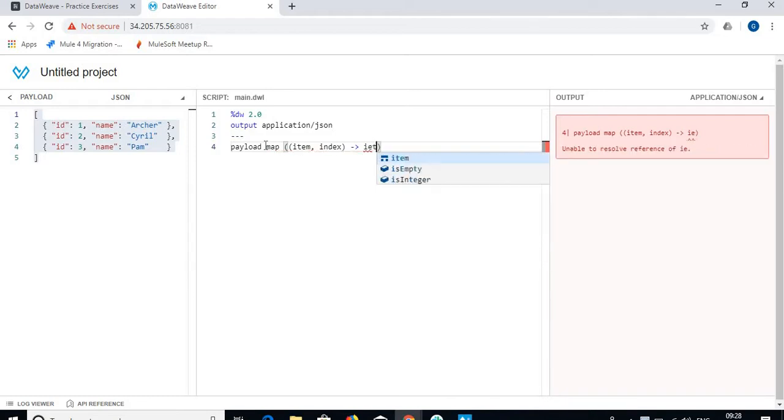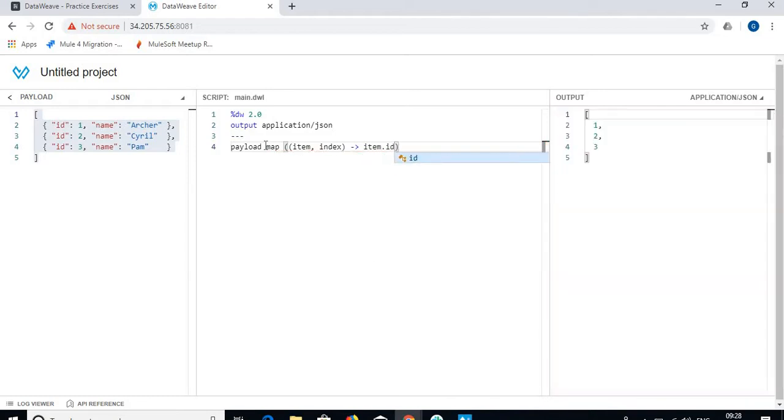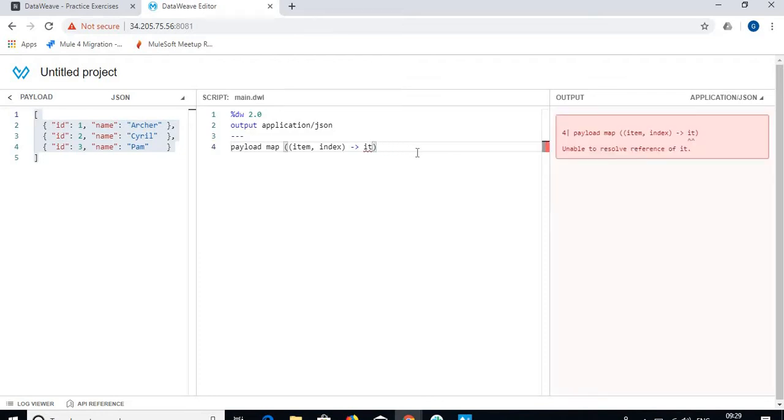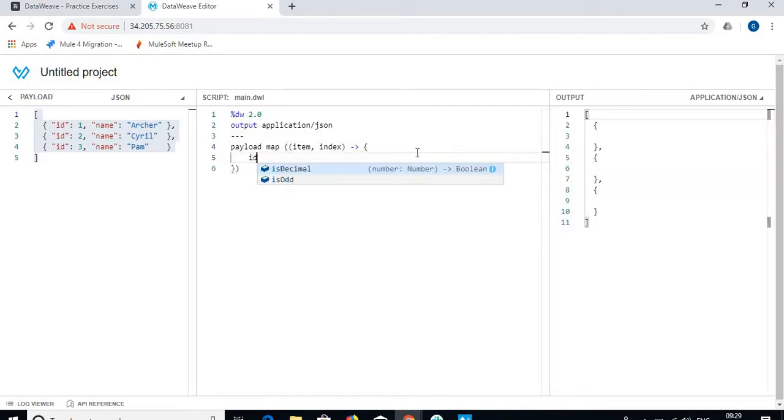Item dot ID. By this, you will get a list of IDs. But if you want an array of objects where ID is a key value pair, then you can do it like this. This was very simple, but if you want a list of objects having id colon 1, id colon 2 like that, then we can do it like this,